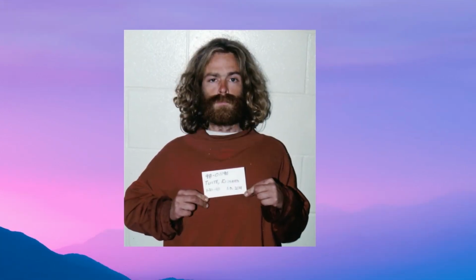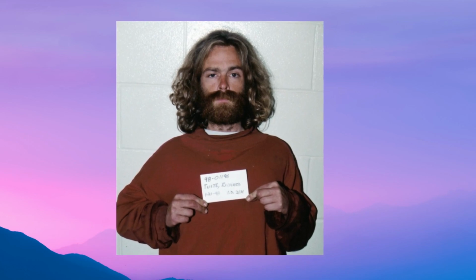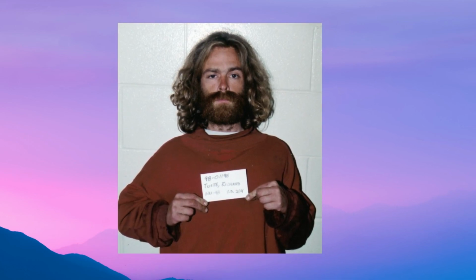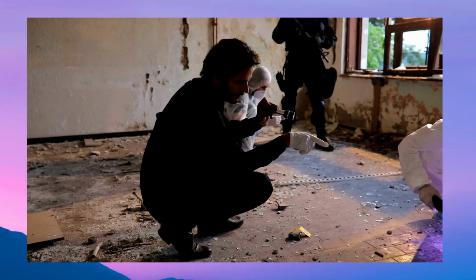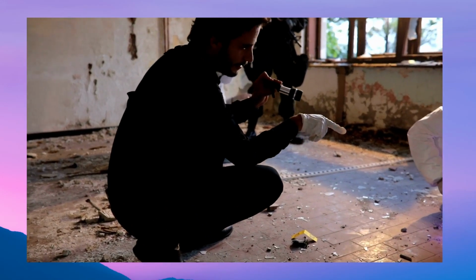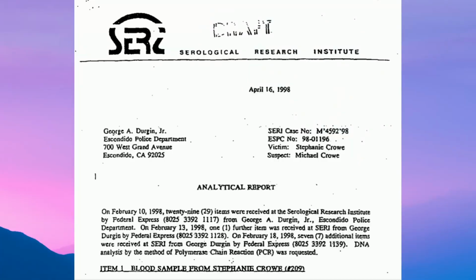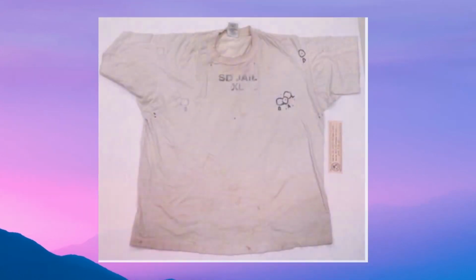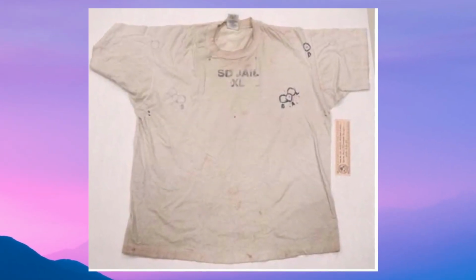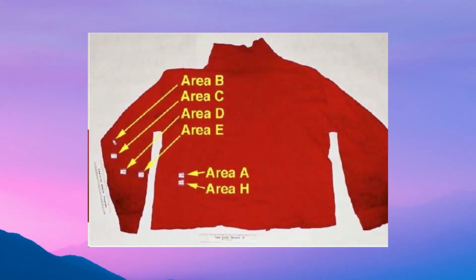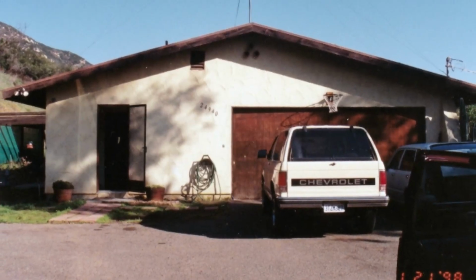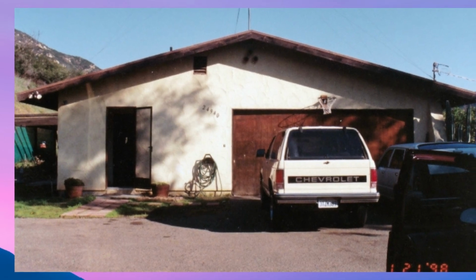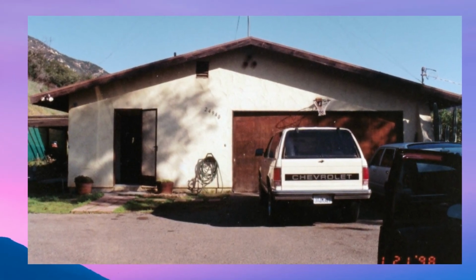I strongly believe that the police and investigators' failure to recognise Tuitt as a viable suspect early on hindered the evidence collection process, and this bias inevitably contributed to the lack of evidence of Tuitt at the crime scene. Tuitt had taken several items from in and around the Crowe home, and ultimately Stephanie's DNA was found on 2 items of his clothing. I believe this placed him at the crime scene the night of the crime, despite the lack of evidence found of him at the Crowe home.